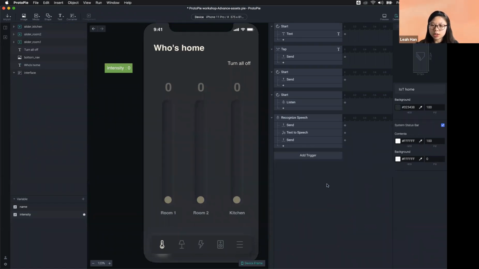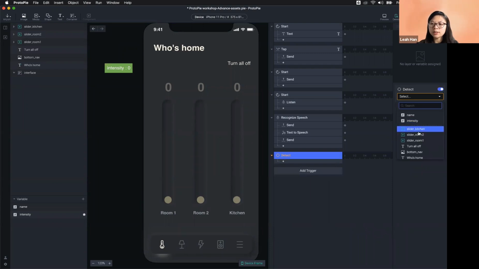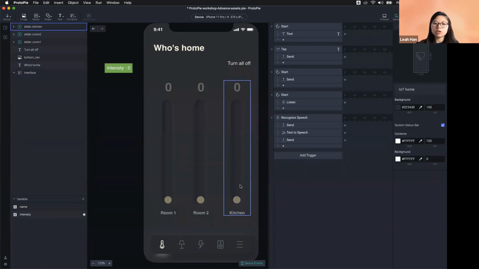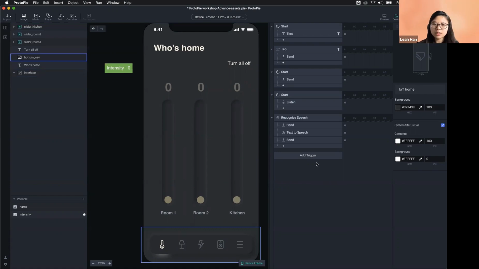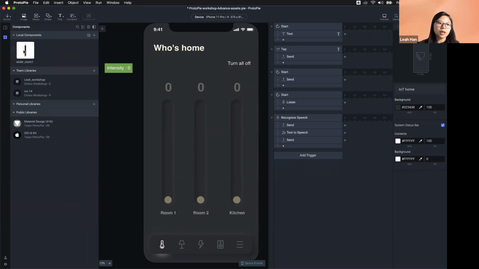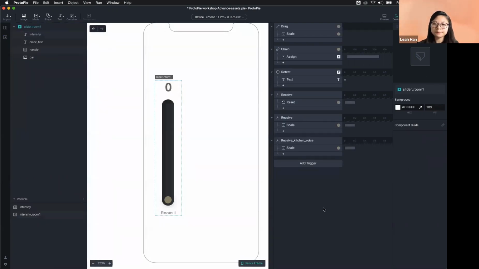I said we can use detect, but as you know, we can't detect a layer in a component. We can only detect a component, but not the assets in the component. So what we need to do is detect the change in the main component and send the message to my scene, and then send it to my other Pi file. So let's go to my main component here. Every time when I change it,